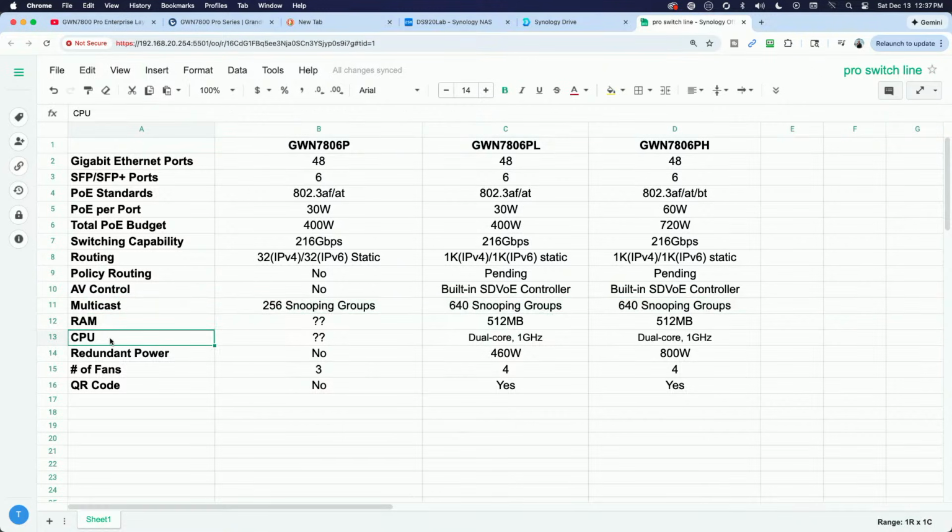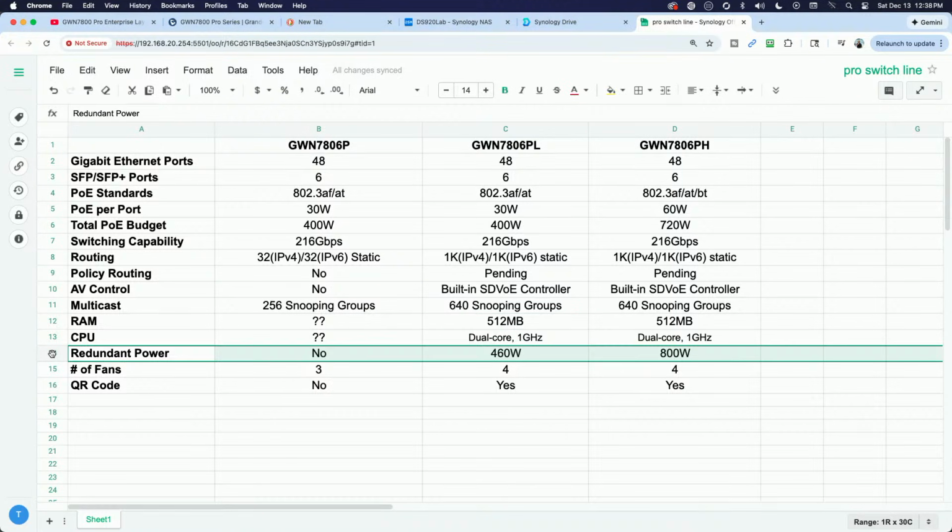Now on the RAM and the CPU for the original switch, I couldn't find the specs anywhere. Trust me, I looked. Grandstream's spec sheet does not list them. I did a Google search, and so did Jeremy, because I reached out to him since I know he has this switch. I asked him to log in to see if he could find it, and he tried even via the command line, but we both came up empty. So the new switch, apparently they improved on the RAM and the CPU. Again, I don't have the comparison, but I'll take their word for it.